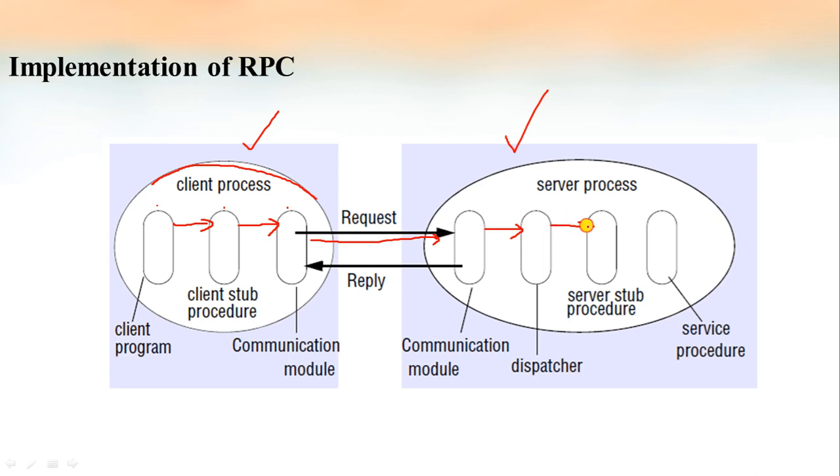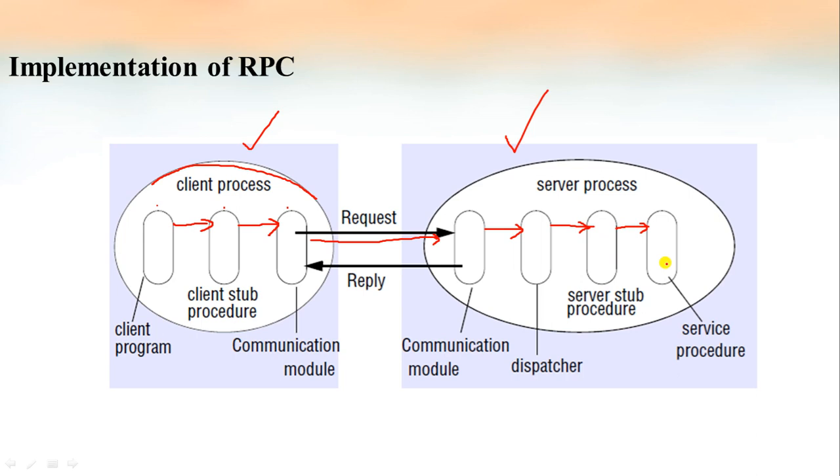be forwarded to the selected server stub procedure, so that the server stub procedure can unmarshal the data which is sent from the client process. The client process will marshal this data by the client stub procedure, and when that marshaled message arrives in the server process, the server stub procedure will unmarshal it and send it to the server service procedure for execution. Once the execution is complete, the reverse of the sending process will take place.